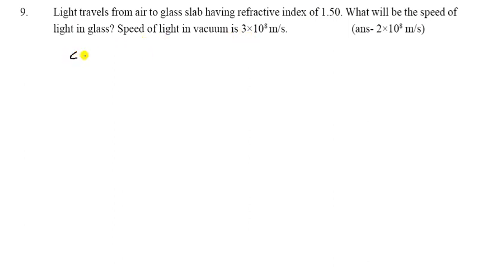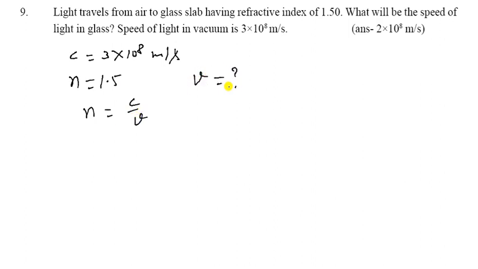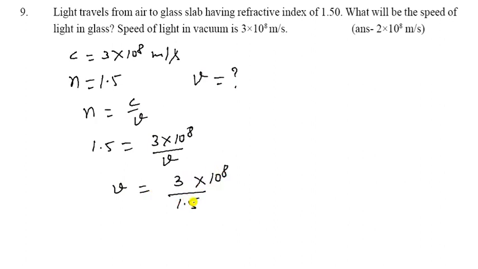So the essential conditions for total internal reflection: the first condition I have told you, the ray of light should travel from denser to rarer medium, and the second, the angle of incidence should be greater than the critical angle. So there are two essential conditions for total internal reflection. Now come to the seventh part: give two examples where refraction is seen in daily life. So first one you have to write the answer.